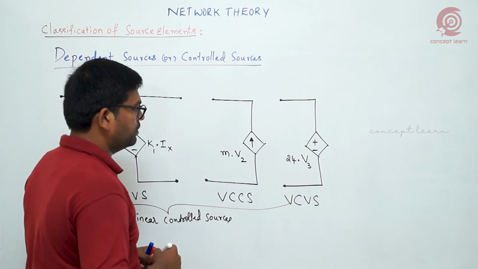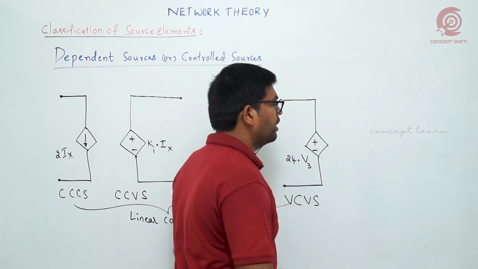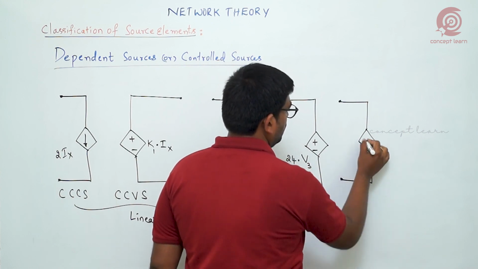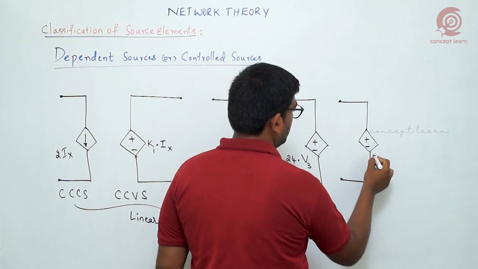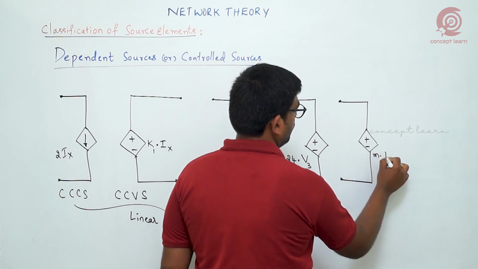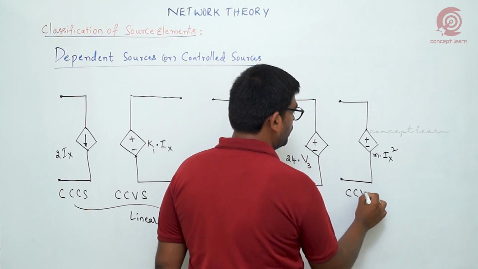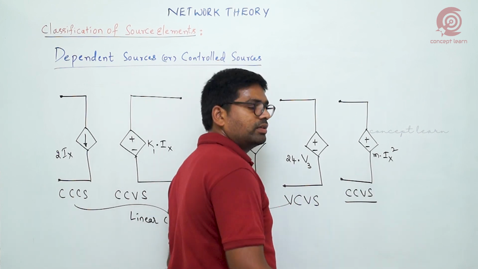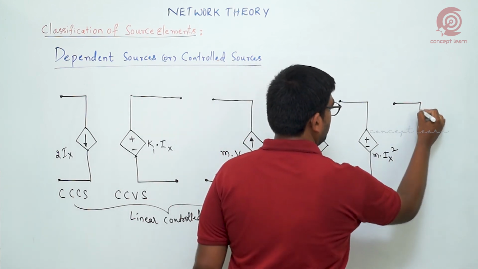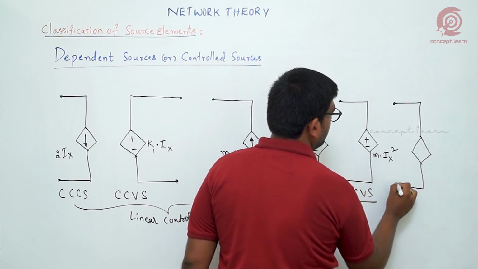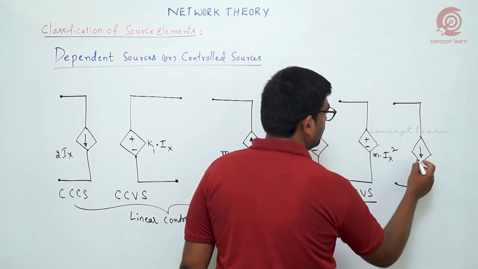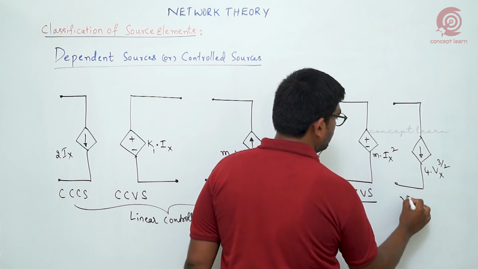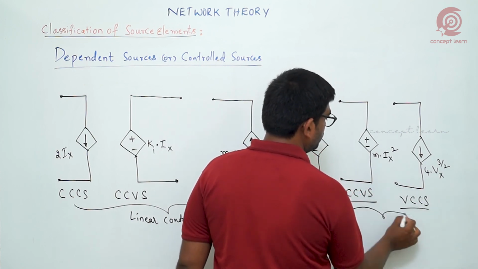Next I am taking some other examples for non-linear controlled sources. It is a voltage source, but I am writing like this. So it is a current controlled voltage source only, but it is not in Y is equal to Mx format. Non-linear relation is there. So you can name it a non-linear control source. One more example I am taking here, a current source, and I am writing 4 into Vx power 3 by 2, a voltage controlled current source. These two you can name as